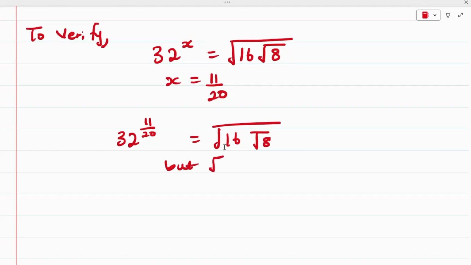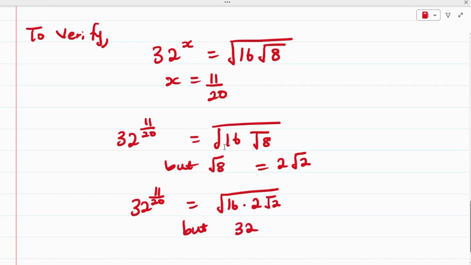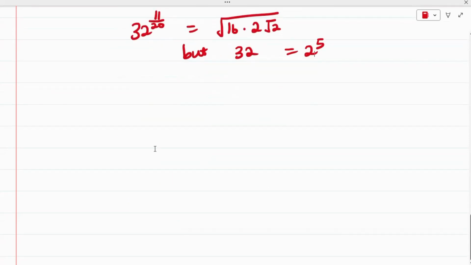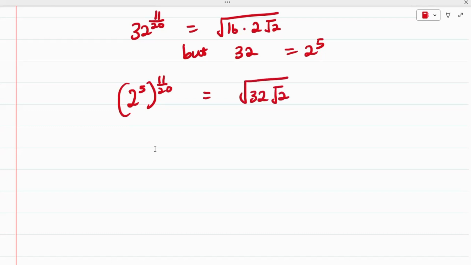But we already know that the root of 8 is equal to 2 root 2. So we have 32 raised to the power of 11 over 20 is equal to the square root of 16 multiplied by 2 root 2 in place of root 8. But we can easily express 32 in terms of 2 as 2 raised to the power of 5. So we have 2 raised to the power of 5 times 11 over 20 is equal to the square root of 16 multiplied by 2 is 32, root 2. So we have 5 into 11 over 20, 5 into 20 is 4, so we have 2 raised to the power of 11 over 4 is equal to the square root of 32